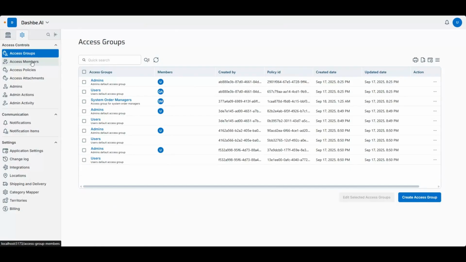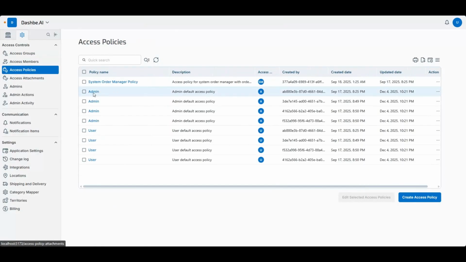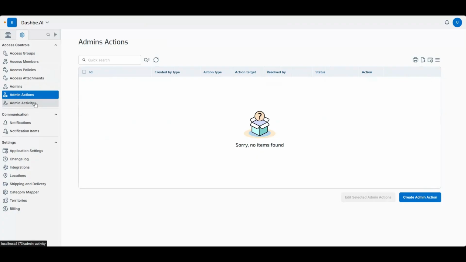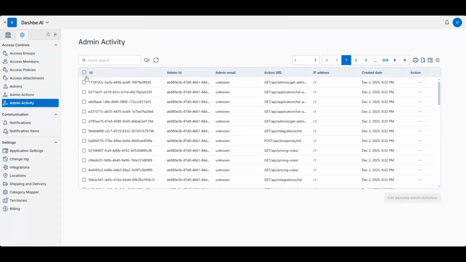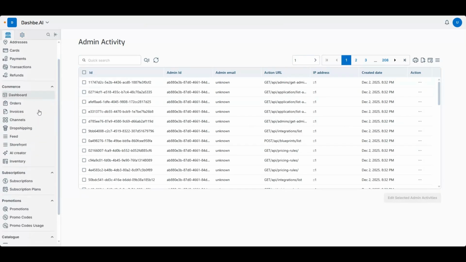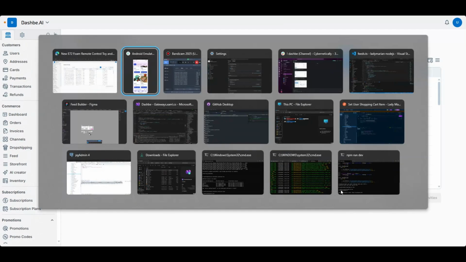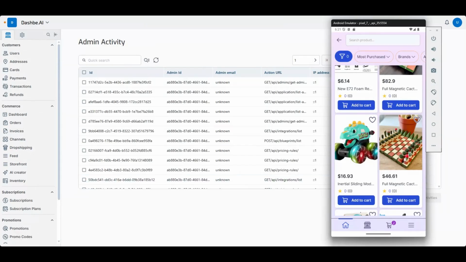You can set up your access groups and policies and members, so you can have multiple users managing your stores. In large operations, you don't want certain users to have access to certain sections, and this is where you can control that information. You can set up your admins or assistants and control that activity. You can see all of the activity of what your internal users like admins do, and so on. So this is kind of it, a sneak peek into Dashbe. There's the mobile application as well,